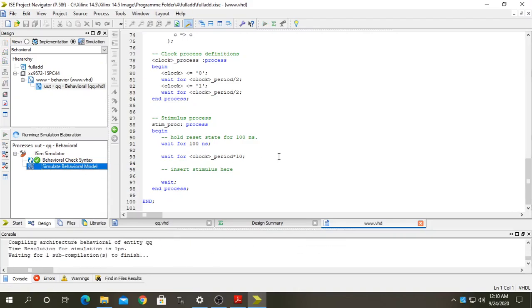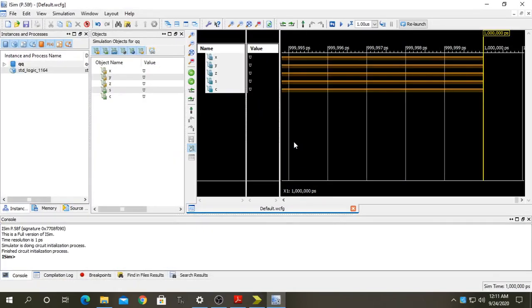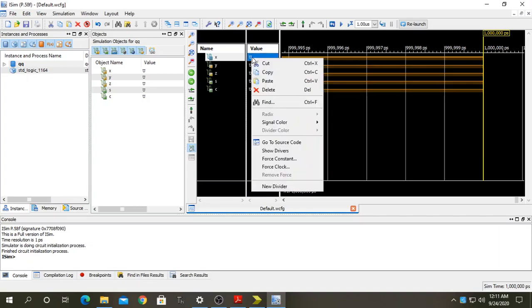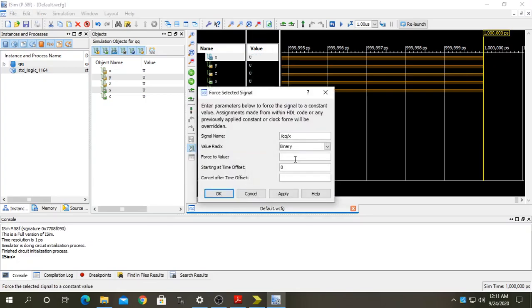After clicking over that, another window appears on your desktop. This window will show you the status of your inputs and the status of your outputs. Now you have to change the status, I mean 0 to 1, 1 to 0, to successfully run your program. So you choose this unknown signal, right click over it and choose Force Constant. Provide here 0, then Apply, then OK.